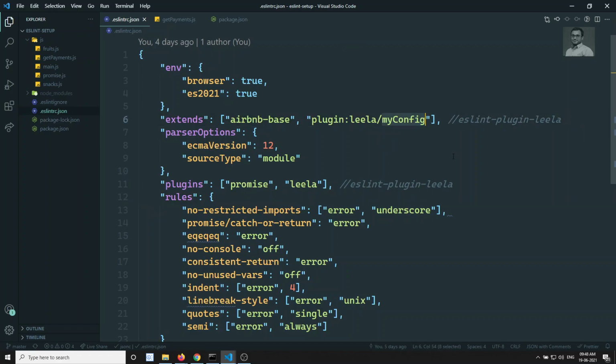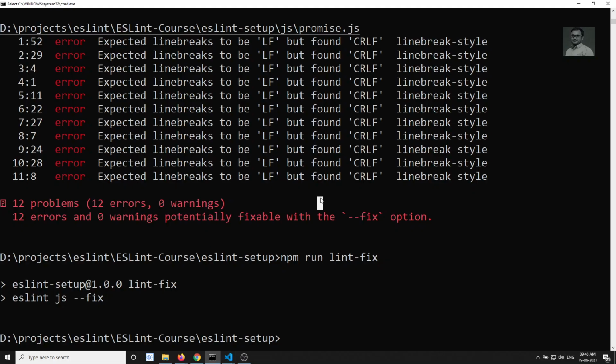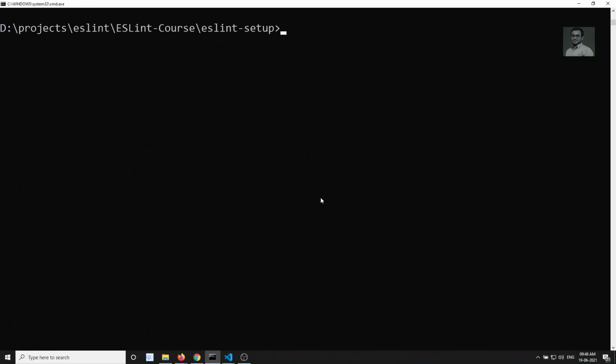Now I will use Leela config. That's it. Now I can remove the custom rules here, so that the custom rules will be loaded automatically from here. Let's try to run ESLint. If I clear this out and run npm run lint, let's check whether we get any errors or not.